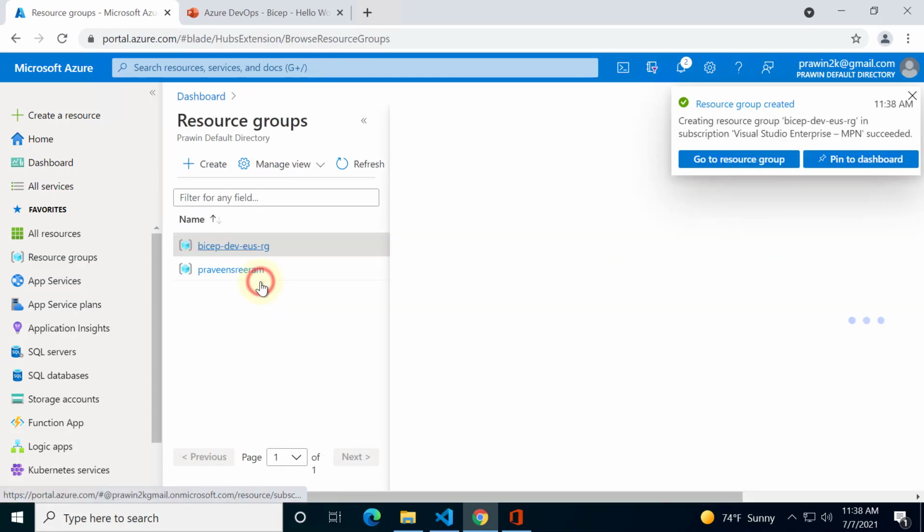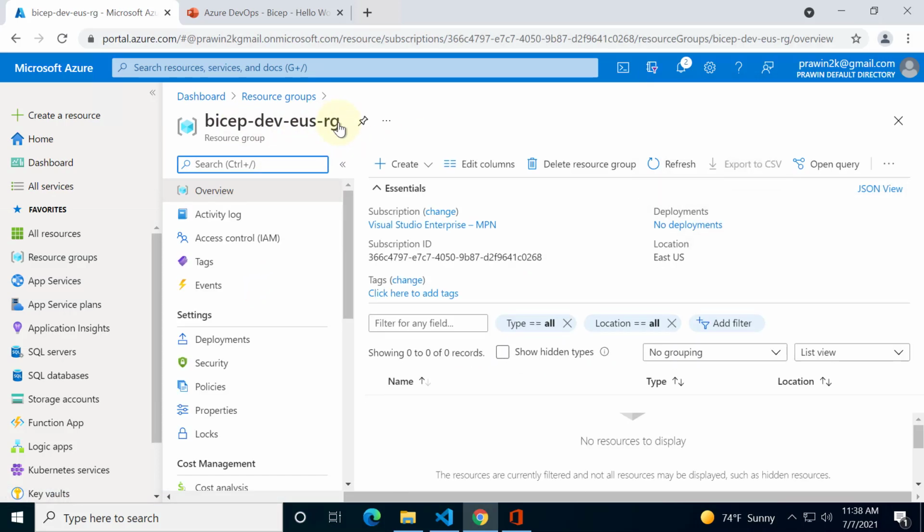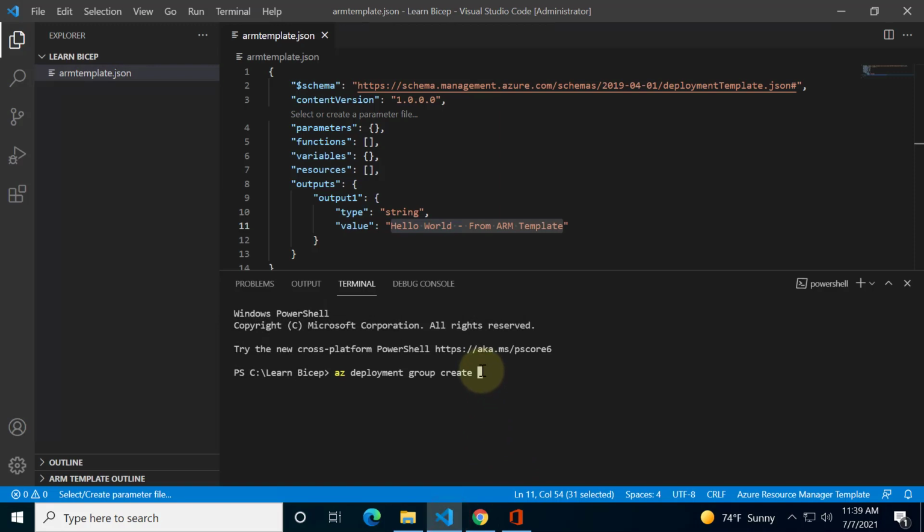So I have created a resource group manually from the portal, but in the upcoming videos, I will show you how to create a resource group using Bicep. But for now, this is good. Let's go back to Visual Studio Code and enter the